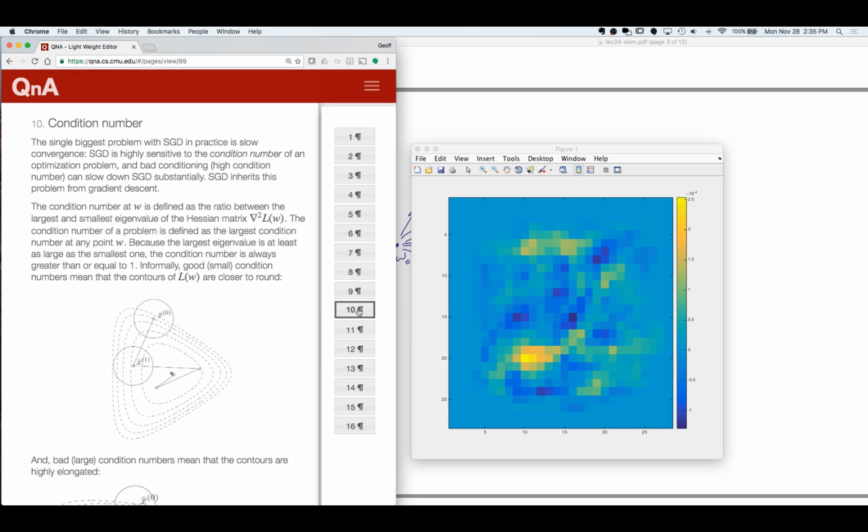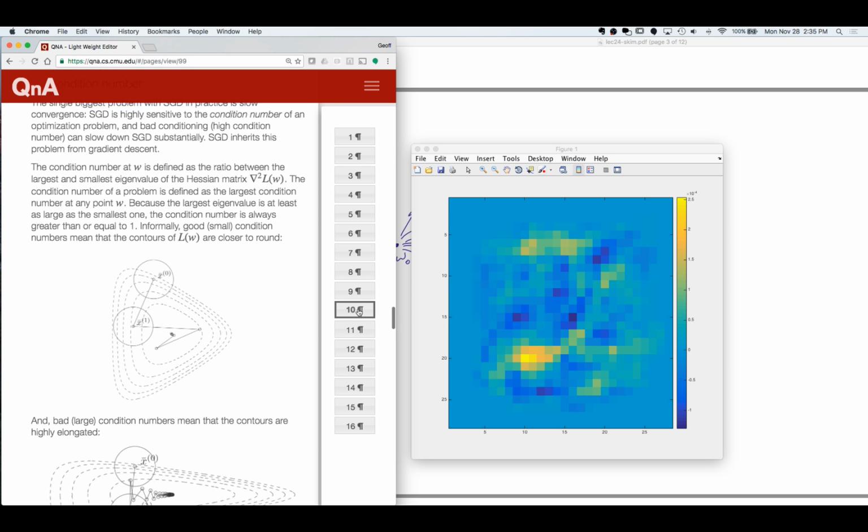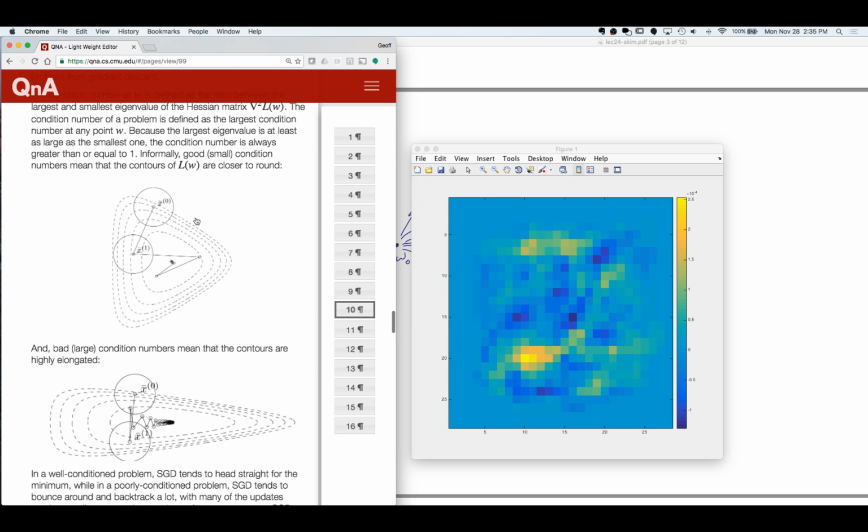And, okay, eigenvalues, whatever, right? What does that mean in practice? Here's a contour plot of a well-conditioned problem, and you can see the contours are fairly close to round. Right? They're not longer in one direction than the other. And here's a somewhat more poorly conditioned problem where the contours are long and skinny, right? And in a well-conditioned problem, gradient descent and stochastic gradient will tend to head straight for the minimum. And in a poorly conditioned problem, they'll bounce around a lot. And in particular, a lot of the updates will be in directions that cancel each other out,